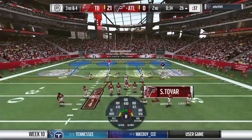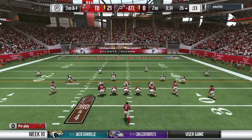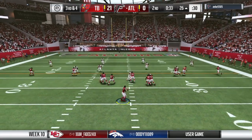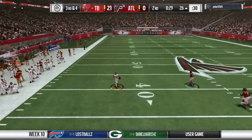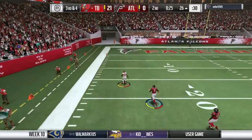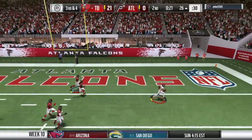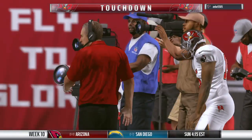3rd and 4. They come up in an empty set, 4 wide receivers, 1 tight end. They'll throw again. Mariota, and he fires one that's intercepted. And he's free going down the left side. It's a foot race. And it's a pick 6. He brings it back to the